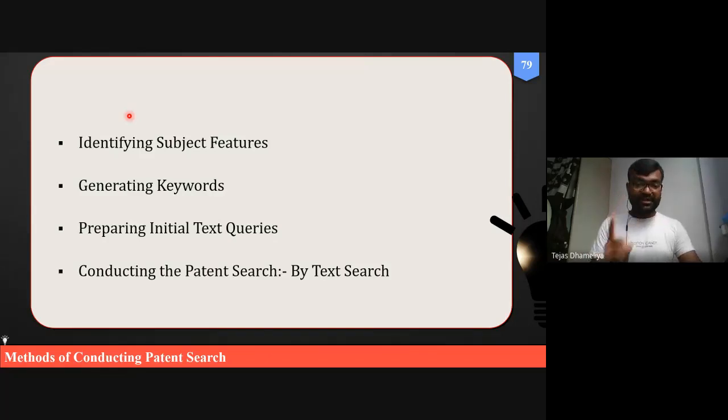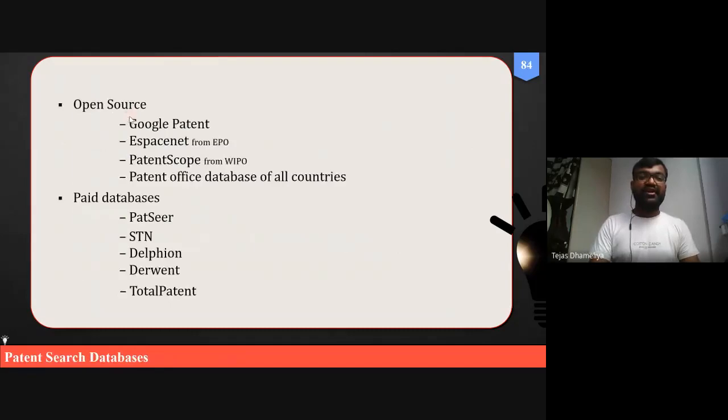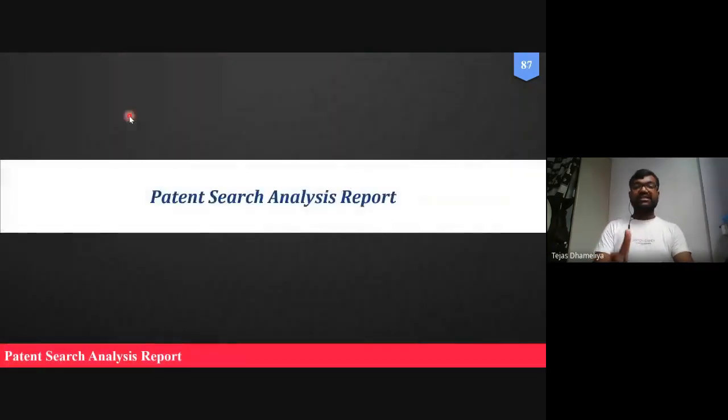Because in your semester 3, when you go for the submission of your ITD, either report or presentation, introduction to dissertation, you will be asked to prepare a report called the Patent Search Analysis Report, also called PSAR. So this PSAR report is compulsory for submission. What is this PSAR report? That we will also discuss in coming lectures.